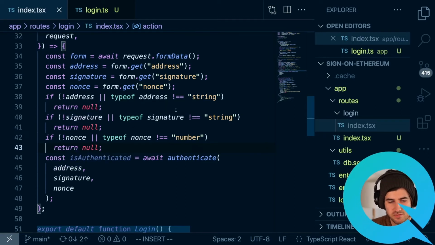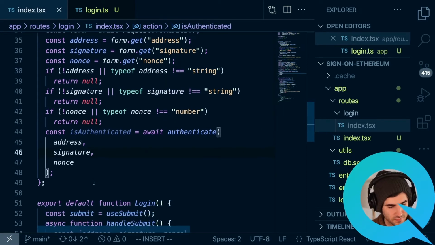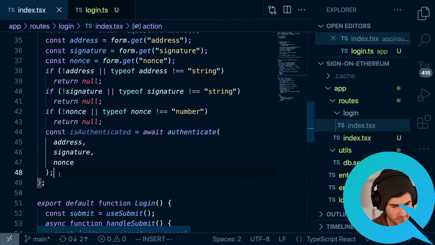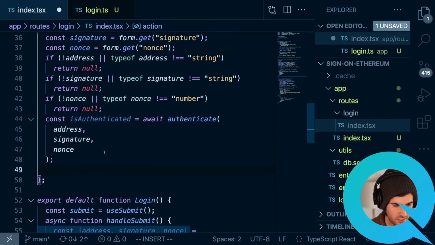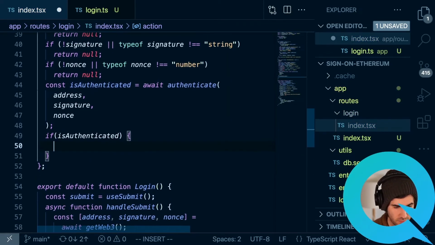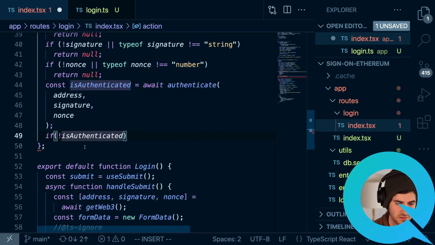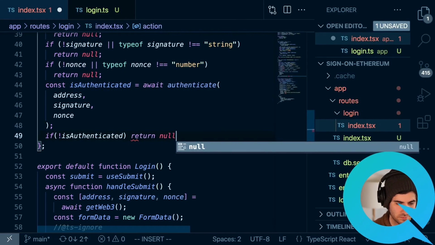And then we have the type of string. And so from here, this will be a Boolean value. And so we can say if isAuthenticated is true, then actually we don't want to say if it's true. We can say if it's false. If isAuthenticated is false, then we will just return null.